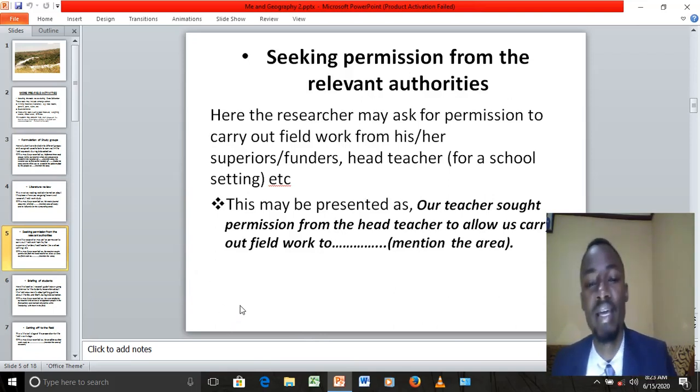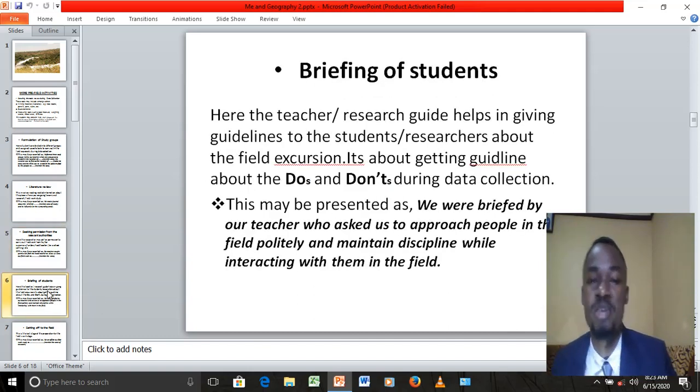You're supposed to say, our teacher sought permission from the head teacher to allow us carry out fieldwork to, you mention the area where you are determined to go and collect information. So briefing. This is basic. Some people consider this the last activity, but it can equally be the second last activity, whereby